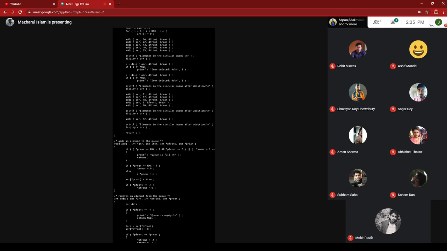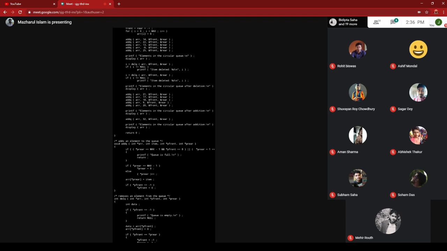When the add queue function is called the first time, just like in the previous linear queue, you are updating the front, so that when the first element is added, you are ready to delete that element. Why is it needed? Because front was initialized to -1, and rear was also initialized to -1.